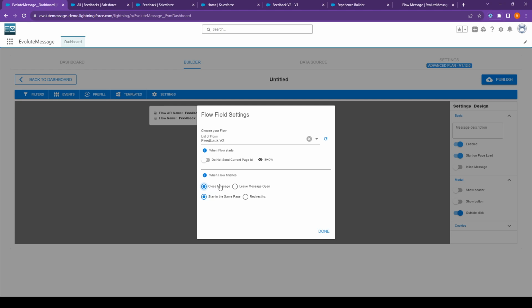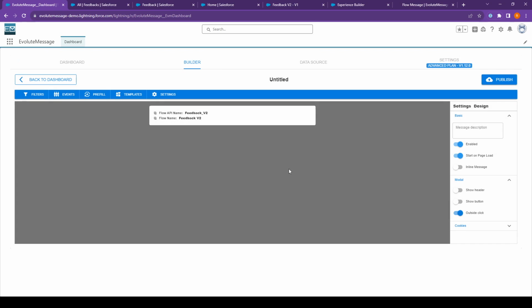I do want to close the message when the flow finishes and just stay in the same page. I don't need to redirect the user to any other page. So that's all. So click here, done. And another thing is I don't want this message to load all the time. So I will close this because who is gonna open this message is the button, not when you load the page. And I will give the name here, flow page message. Okay,